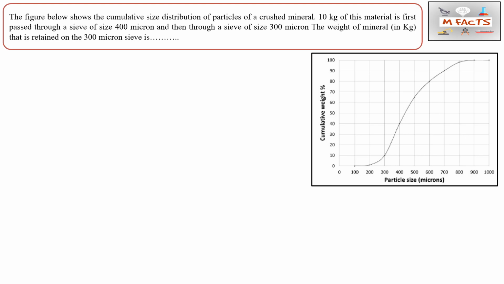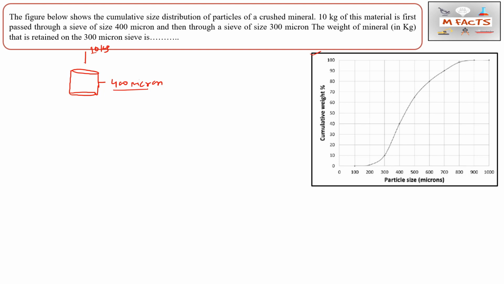So the question is, the figure below shows the cumulative size distribution of particles of a crushed mineral in figure. Okay, so 10 kg of this material is first passed through a sieve size of 400 micron. Means we are having a 400 micron sieve here, and this is 400 micron basically. Okay, so they are saying that 10 kg of this material will be passed through this 400 micron, and the